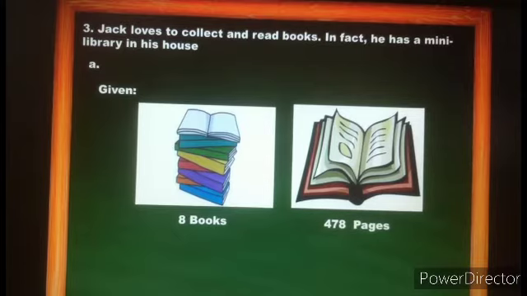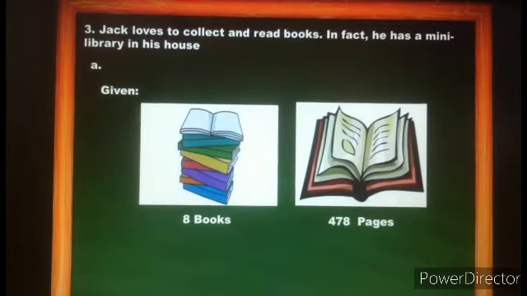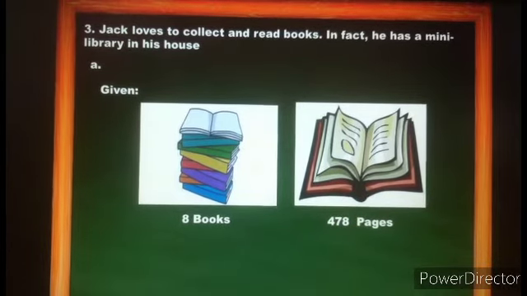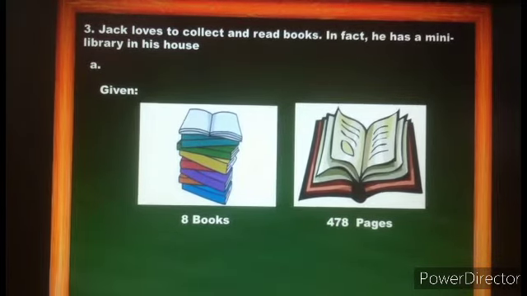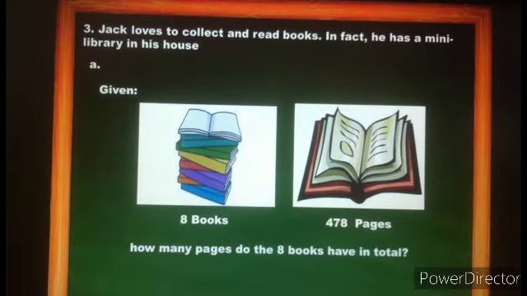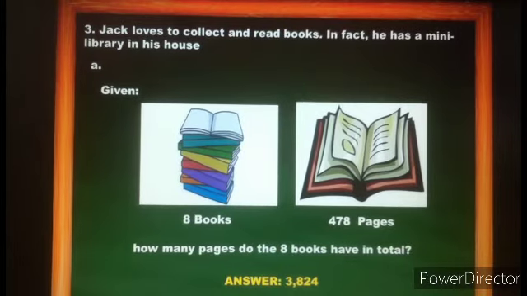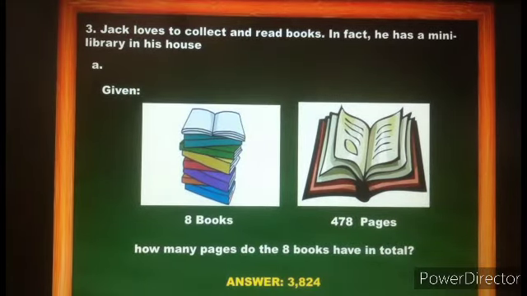So it said that each book has 478 pages and there are a total of 8 books. So what is your answer? If your answer is 3,824 pages, it is correct, because each of the 8 books has 478 pages, so we just multiply the number of pages by the number of books. In letter B,